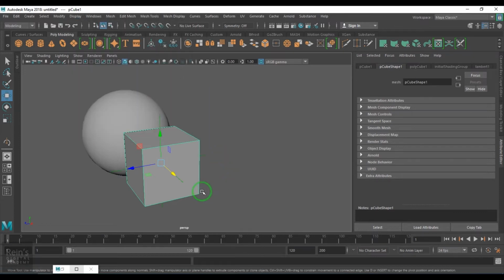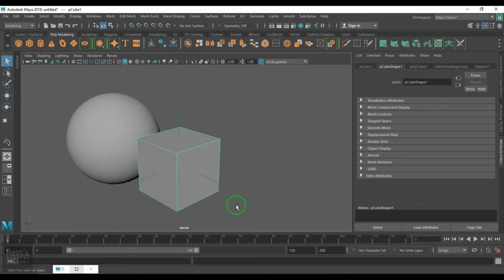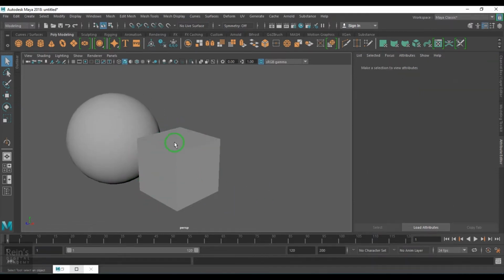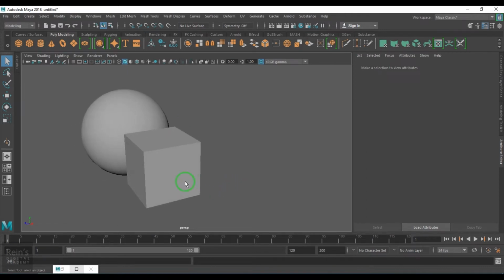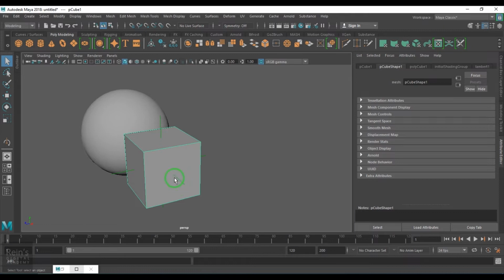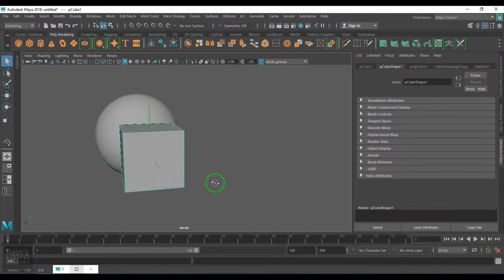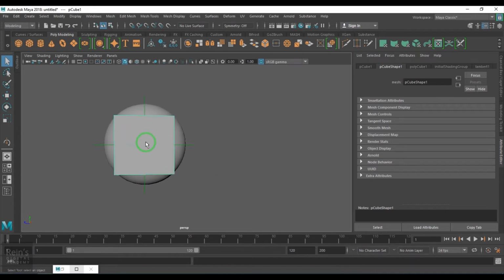If I go to Display, Polygons, Face Normals, this normal facing is telling the renderer how to shade that polygonal plane. For example, when I am rotating, this normal is more favoring the camera. The more it is towards the camera, the brighter that polygon becomes.